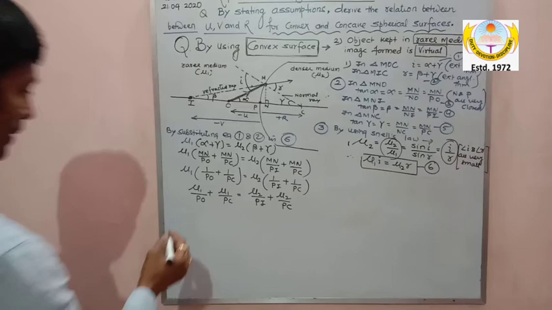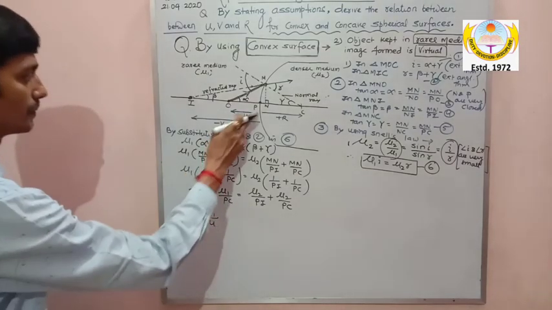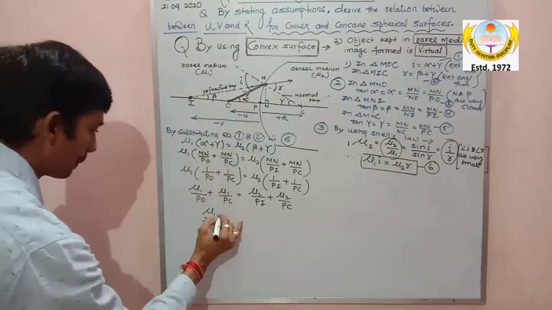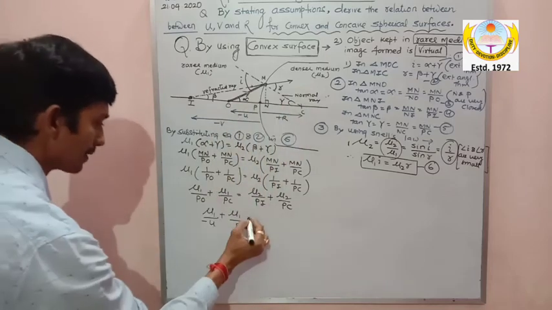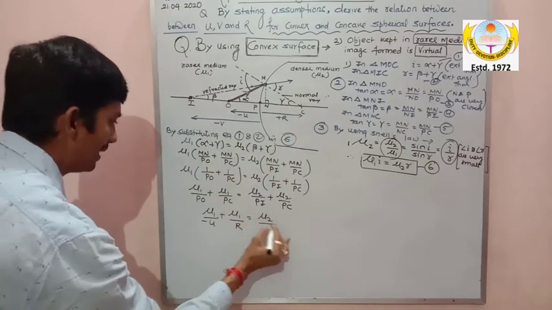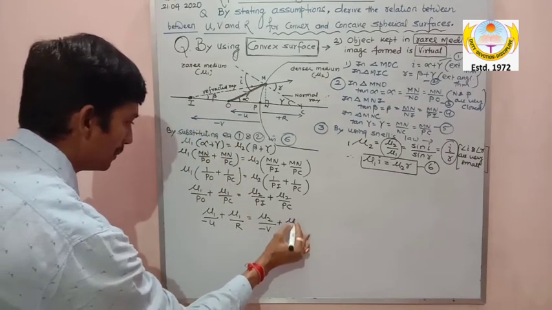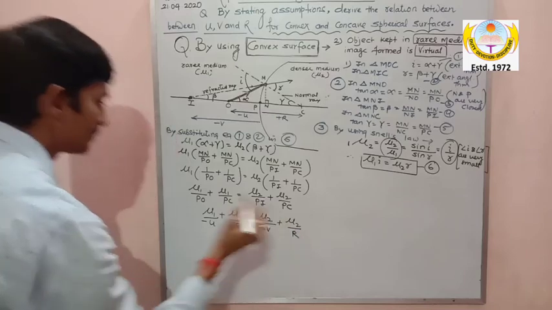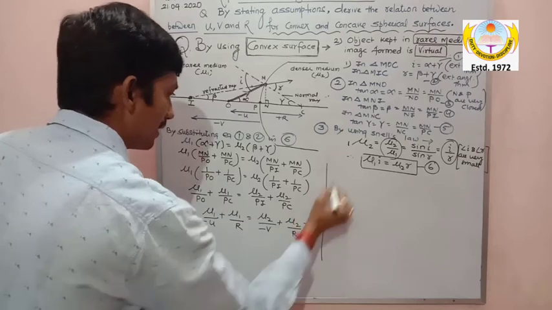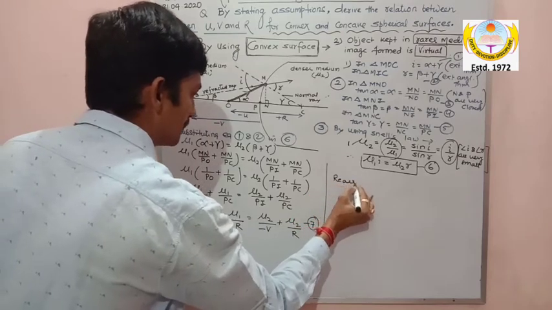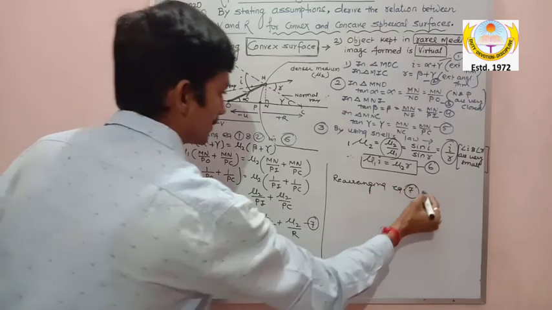So now the next step, this will give me mu 1 upon PO, that is minus u, see the figure, plus mu 1 upon PC, that is plus R, is equal to mu 2 upon PI, that is minus V, plus mu 2 upon R. Equation number 7. Here I will write, rearranging equation 7, we get,